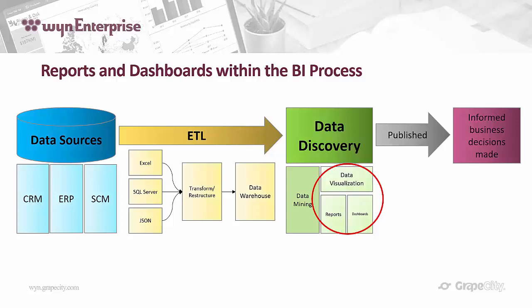So looking at a typical BI process, and again, keyword is typical here. So this isn't going to be applicable to every organization's BI process. This is just a traditional process here. So you have your data sources on the far left here. Now that could be from a CRM or an ERP or an SCM, and you have your ETL phase next. So you're going to be taking that data, whether it's stored in SQL Server or Excel or JSON or maybe just a CSV file. You're combining it, so defining those relationships between that different data, you're transforming it, restructuring it, adding a semantic layer, so making the tables a little bit more business user friendly, storing that in a data warehouse, leading you into the data discovery